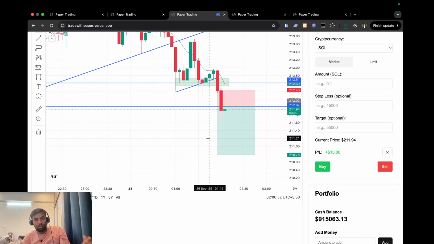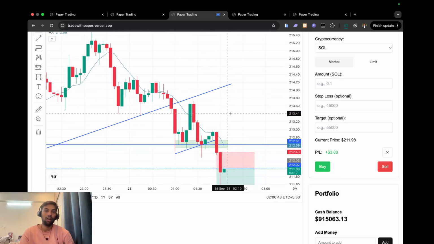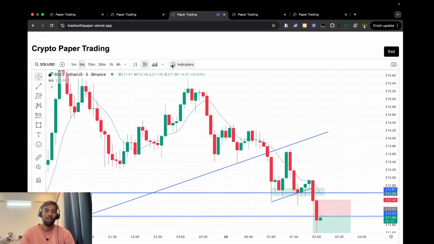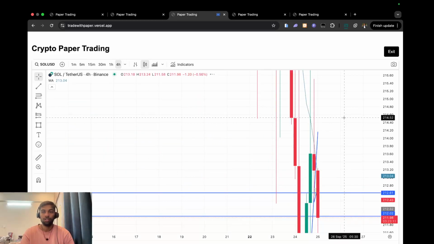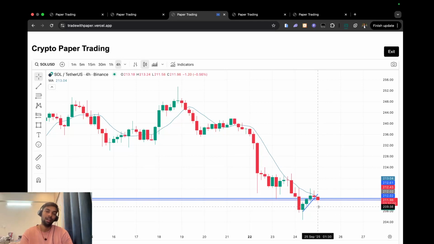Now let me tell you what I thought before punching this trade. I am very bearish right now. Let me give you the full chart view. Why I am very bearish: on the 4 hour candle you can see this is the bearishness in the market, and this is the pullback, and the market may try to continue making lower lows. That's what I'm thinking right now.